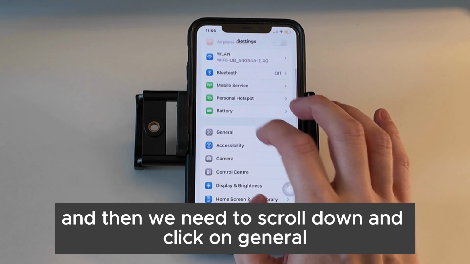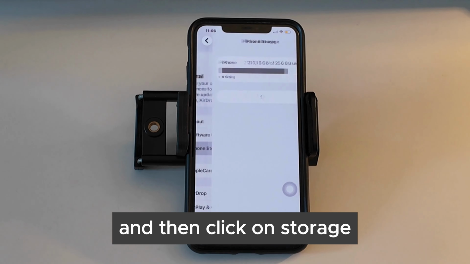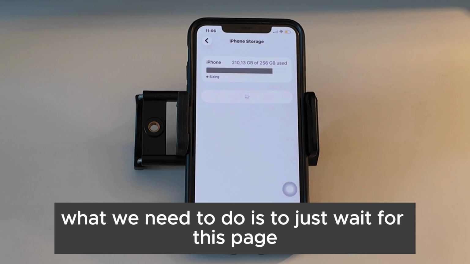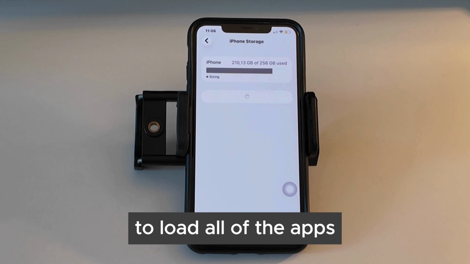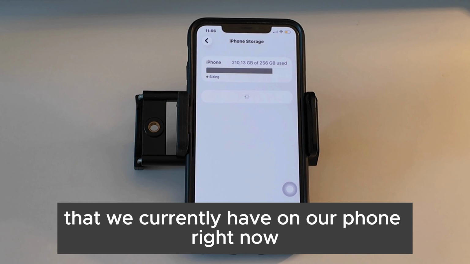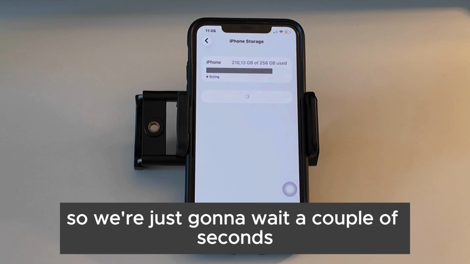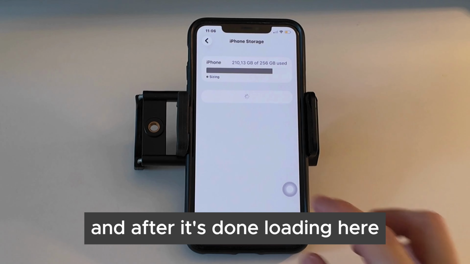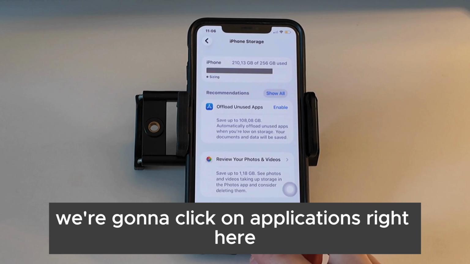And then we need to scroll down and click on general and then click on storage. And now what we need to do is to just wait for this page to load all of the apps that we currently have on our phone right now. So we're just gonna wait a couple of seconds, and after it's done loading here, we're gonna click on applications